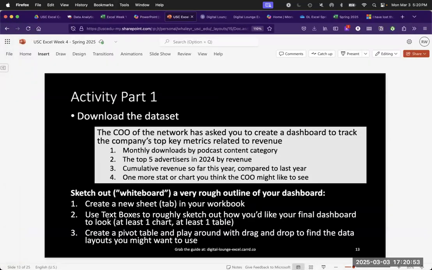So that's your first step. I want you to go ahead and download the data set. It'll be from our same little course guide site. Make sure you get the data set for week 4. All right, and then sketch out or kind of like whiteboard. You can imagine we could use the literal whiteboard for this if we wanted, how you want your dashboard to